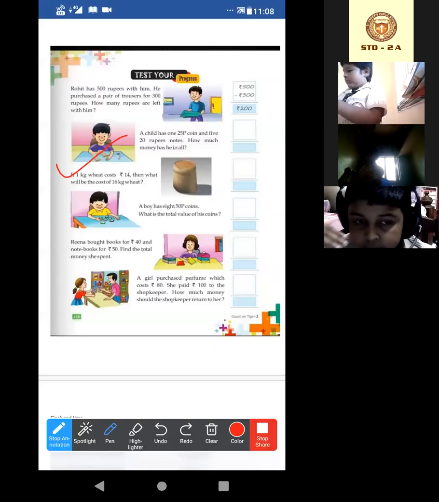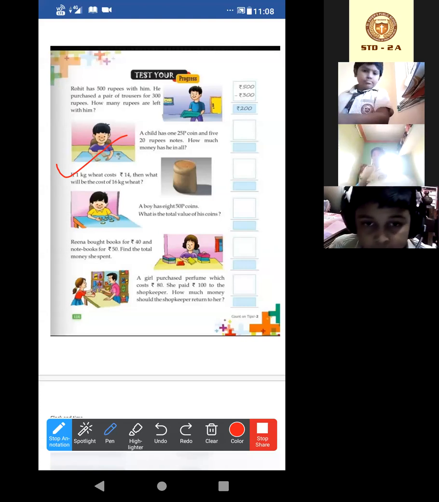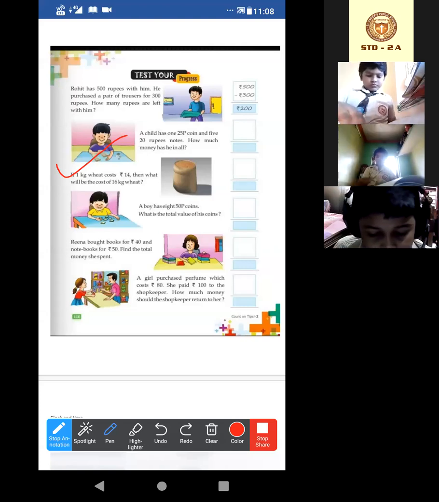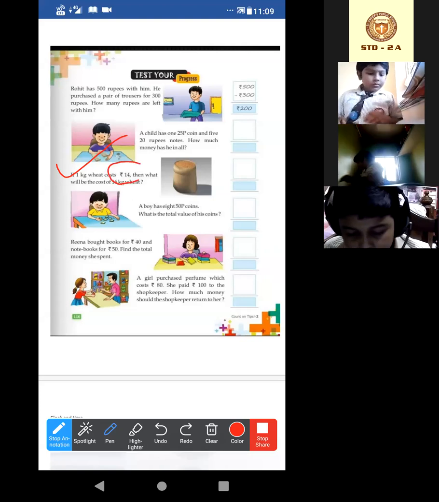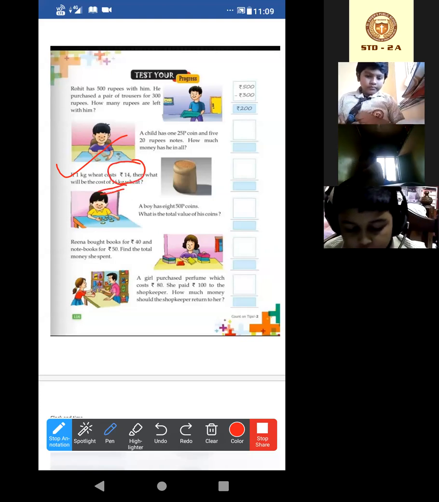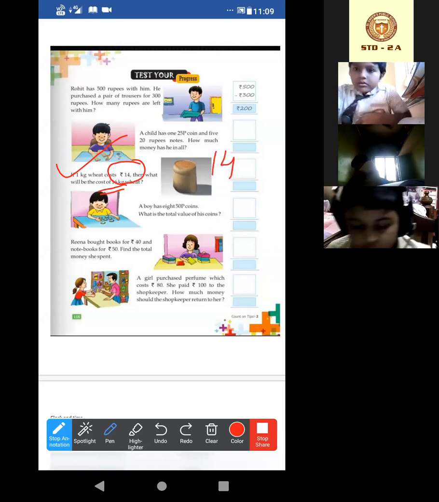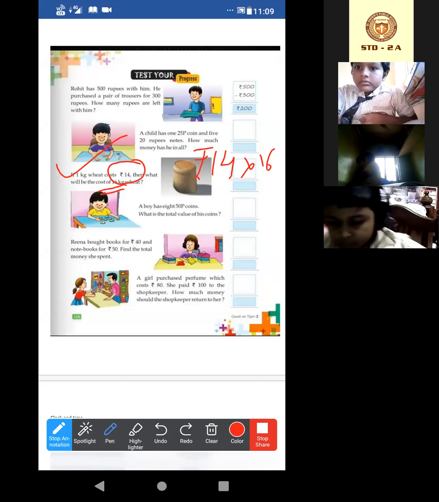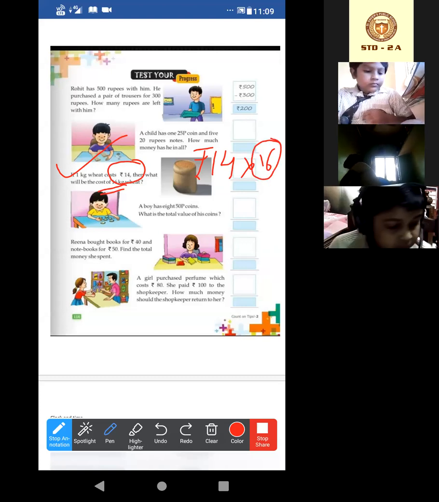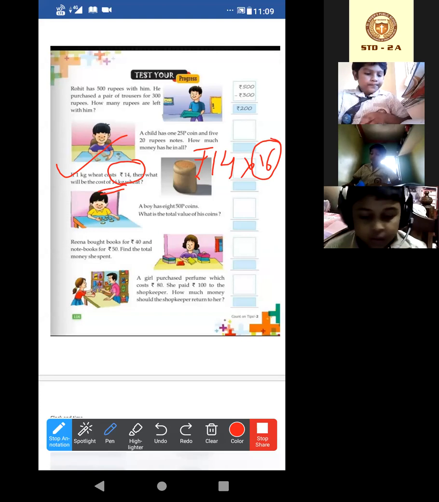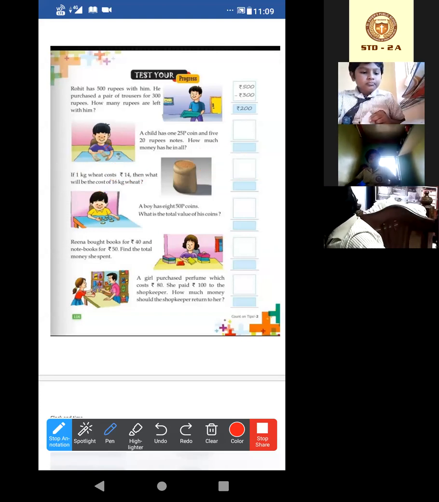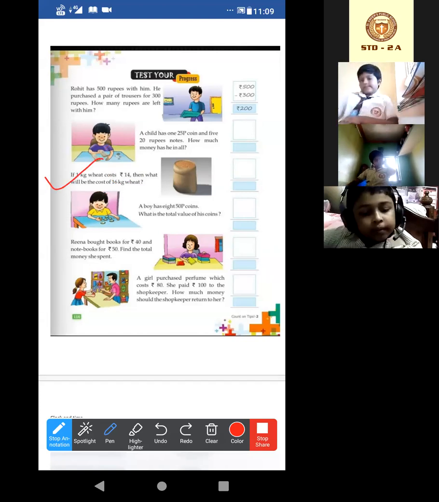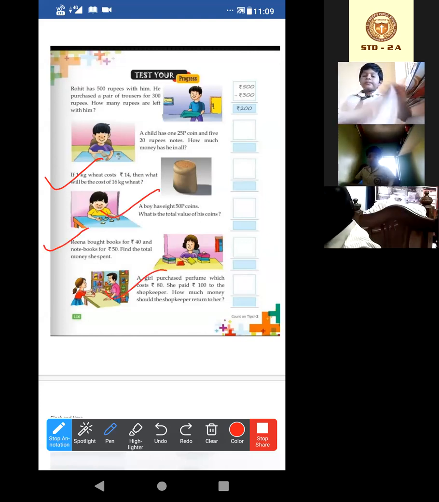Yes, so Pushpa, I told you, you can apply two methods. Either you have to add rupees 14, 16 times, or you will have to multiply rupees 14 by 16. But basically, multiplication of two digits is not done, only one digit is done, na? By one digit. So, you can add rupees 14 how many times? 16 times. Okay. Acha, this one was your homework. I'll check it later. First, let me complete these 3 questions.